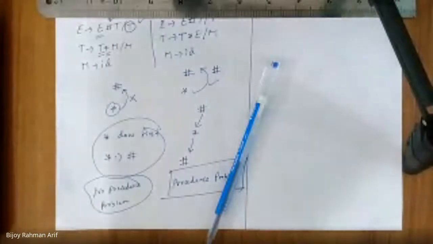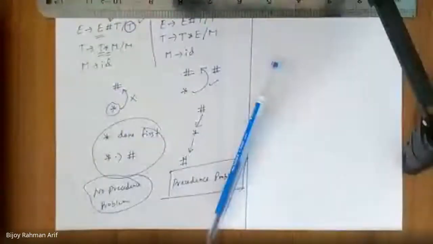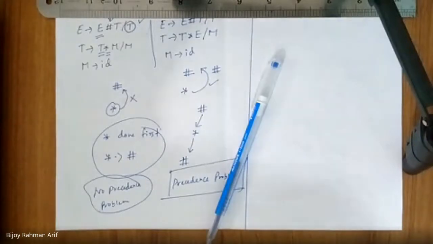Sir, what kind of test cases do you want? You have to verify somehow that your program is working correctly. So just create your own test cases. I have already given you some test cases in the examples. It should produce this. So you can generate some more test cases and run them with your code. If it produces the correct answer, then you are pretty sure it is correct, right?